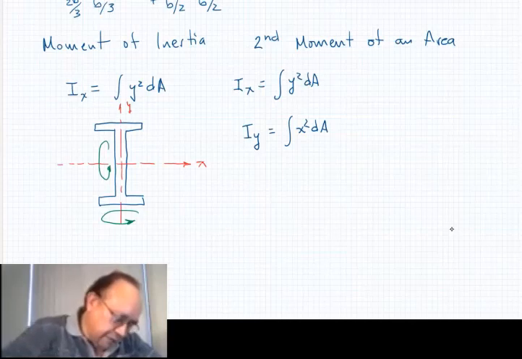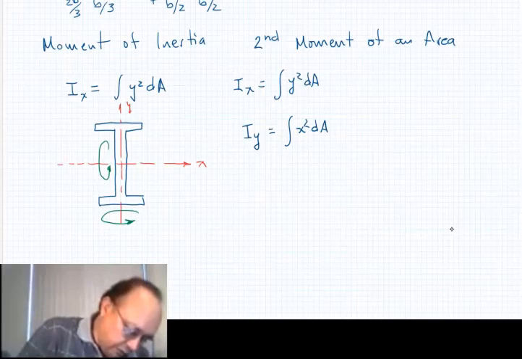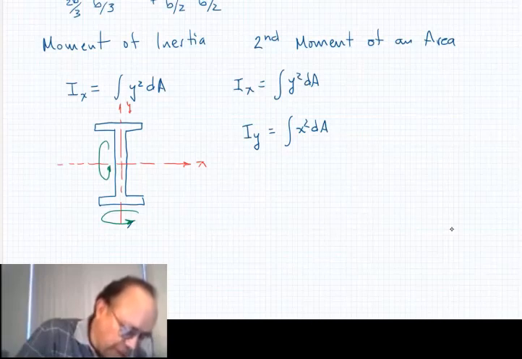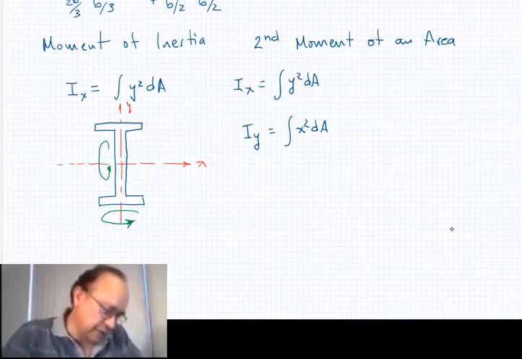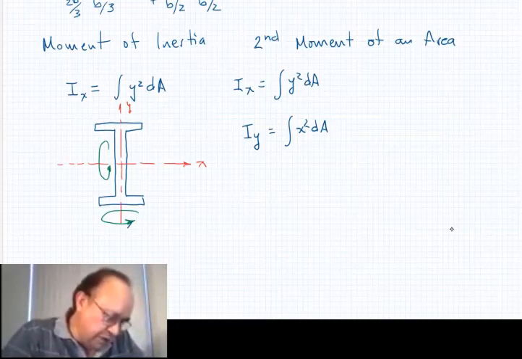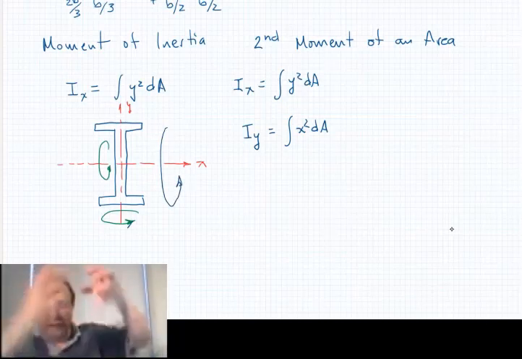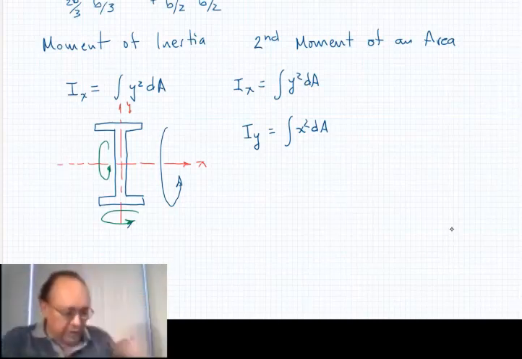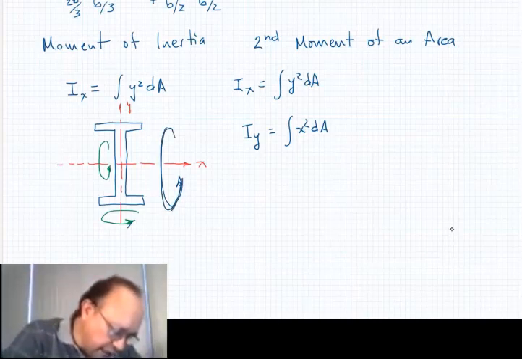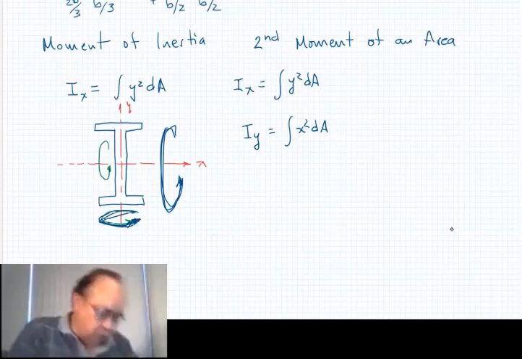If you think about this figure that I have on the board here, you can think that the moment of inertia about the y-axis is going to be smaller than the moment of inertia about the x-axis. Because try to think about what will be your effort in order to produce rotation about the x-axis. You have to move more because the area is farther away from the axis, so it's like a larger movement. If you do the rotation about the y-axis, it requires less motion.